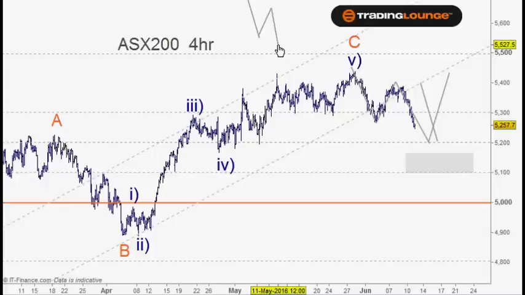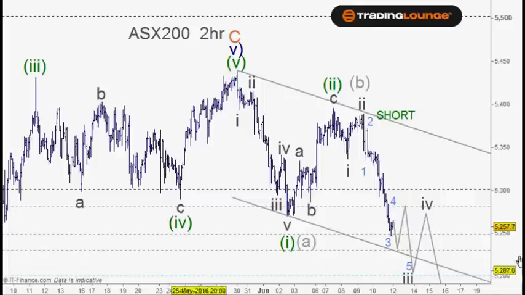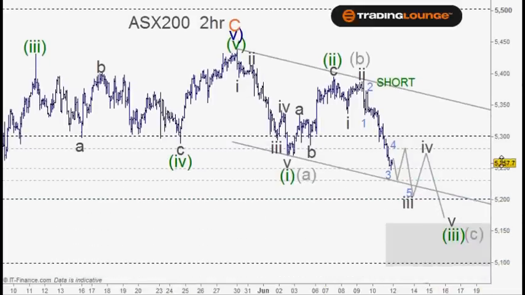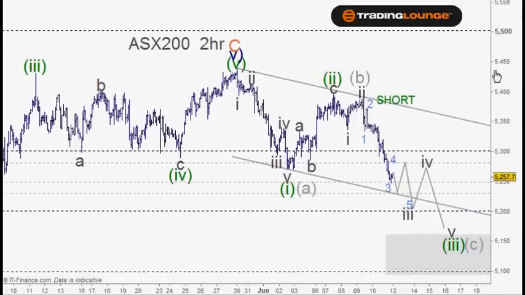But when we see this one here starting to come down like this, which it is, then we need to start thinking of wave A, so to speak, of wave 3, so to speak. Anyway, moving in on the 2-hour chart here, this is how we're basically looking at it at this stage. So this first move down is wave 1, or an alternative A wave,